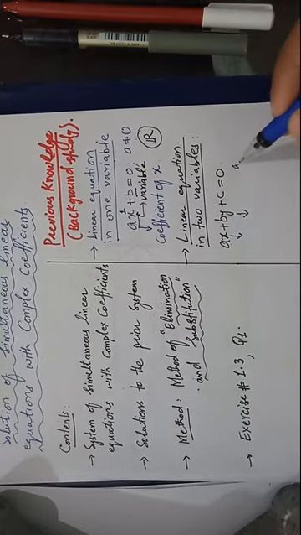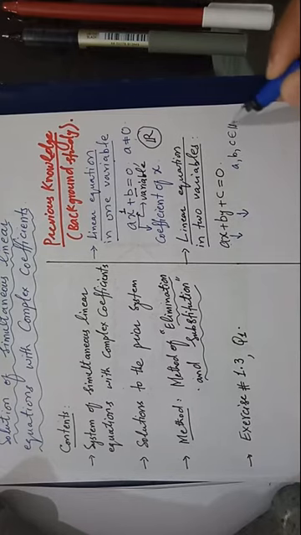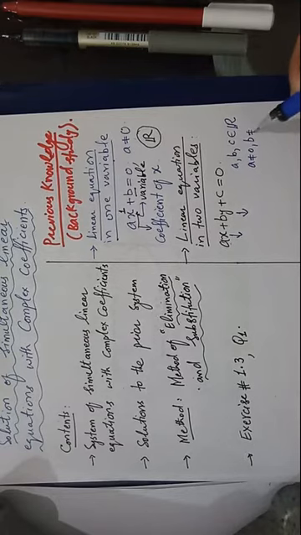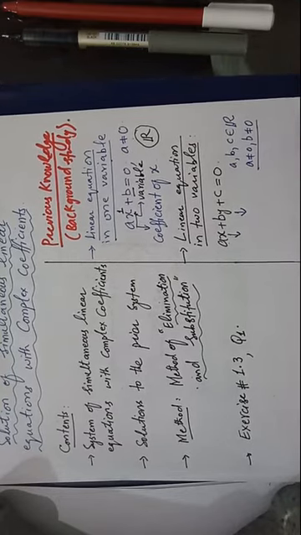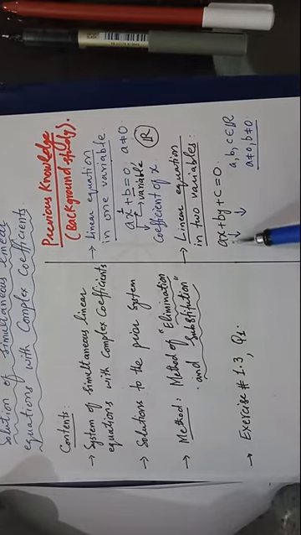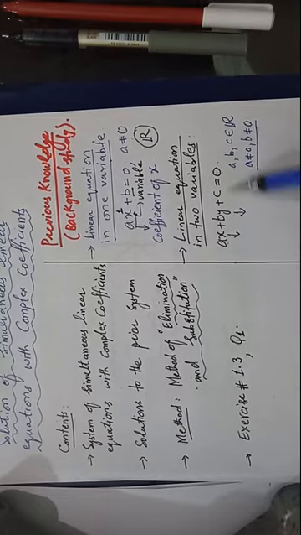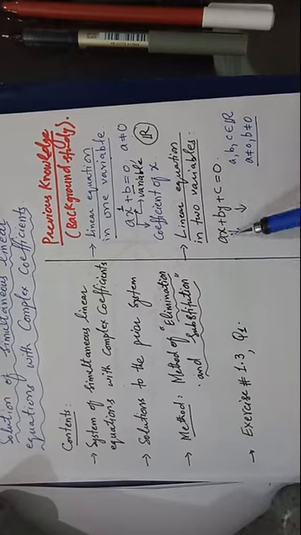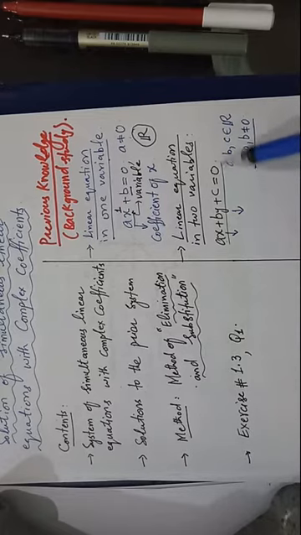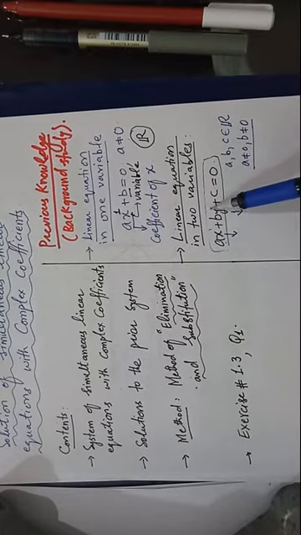So a, b, c belong to the set of real numbers, and a is not equal to 0 and b is not equal to 0, because if either of them is 0, then that equation will never be in two variables. For example, if a is 0, then 0 multiplied by x makes that term vanish, so you will get a linear equation in one variable. Or if b equals 0, that term will vanish and you will get a linear equation in one variable. So this is a linear equation in two variables. You see that this is linear because the highest power of the variable is 1.